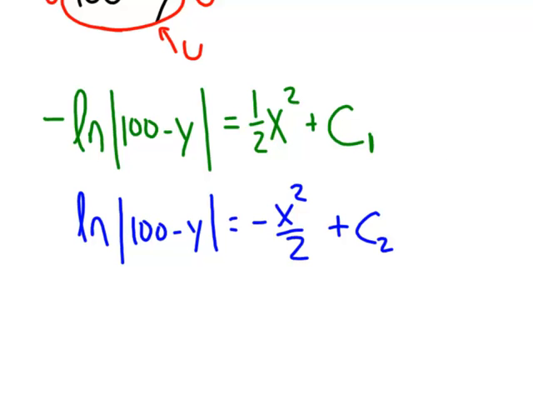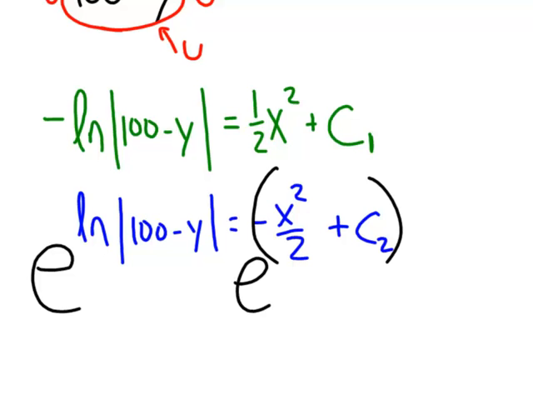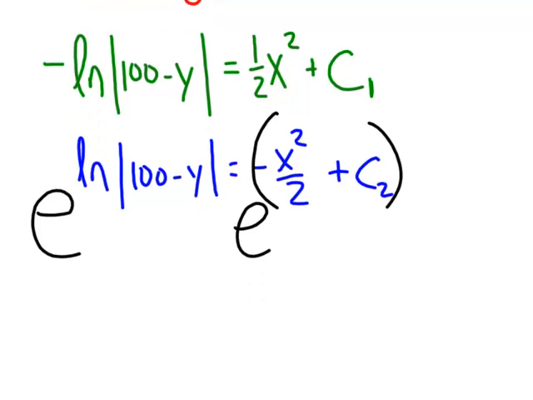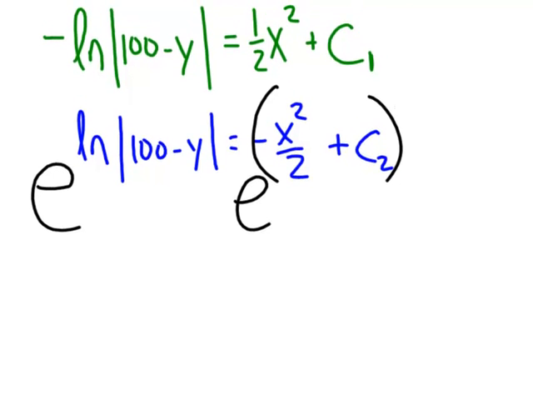All right, well, how are we going to get the y by itself? So it looks like the next layer to peel away on the left side is to tackle that ln. So the way we can essentially inverse that out is with its inverse function, the exponential function. Let's make that entire left side the exponent of e, in which case this entire right side needs to be an exponent of e. So here's a little bit of algebraic trickery. Pause if you need to, make sure you're getting all this. What we're going to argue is that this e and this ln inverse each other out, cancel each other out, so we'll end up with absolute value 100 minus y